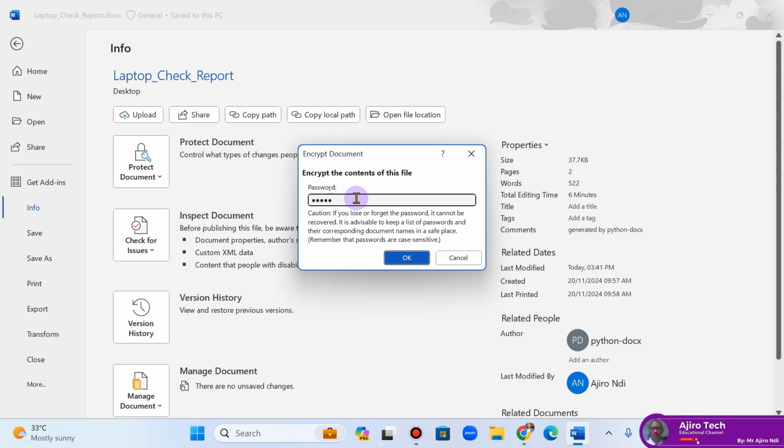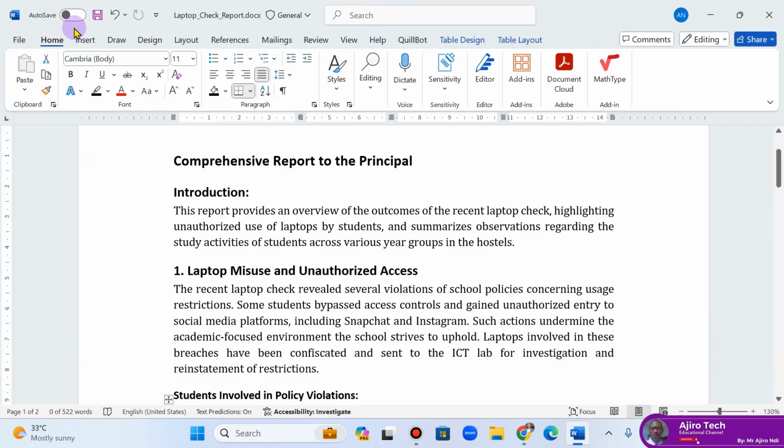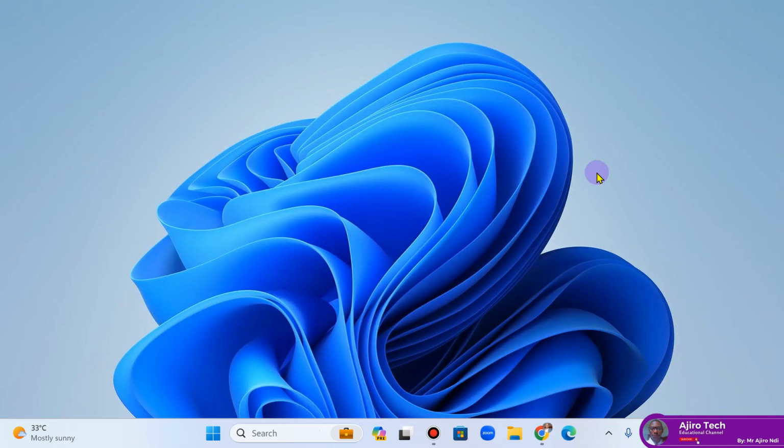So I'm going to click on OK, and I'll type it again: 12345, and then click on OK. So now it is encrypted with password. If I go back, save, and close this document here, and I want to open it again,